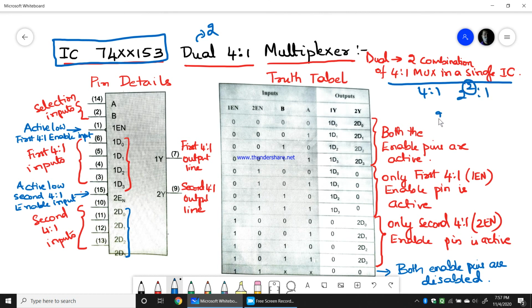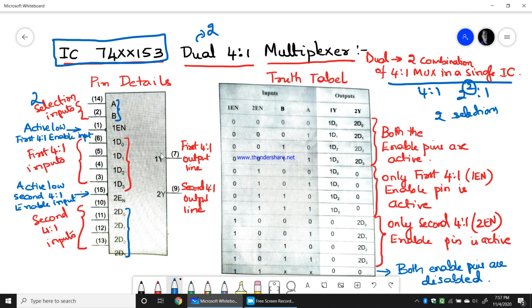N equals 2. Therefore you will have 2 selection inputs for each combination of 4:1 multiplexer. So A and B, what you have here, will be the selection inputs for both 4:1 multiplexers.